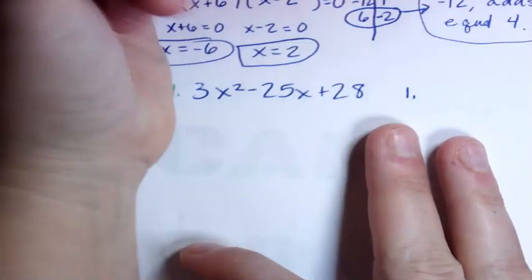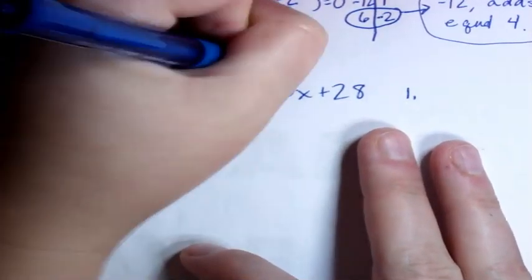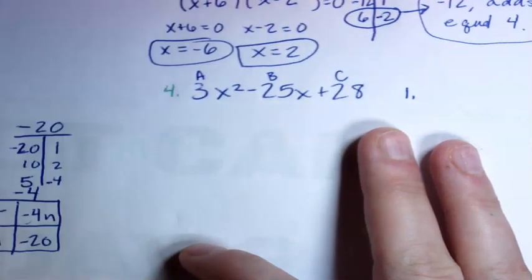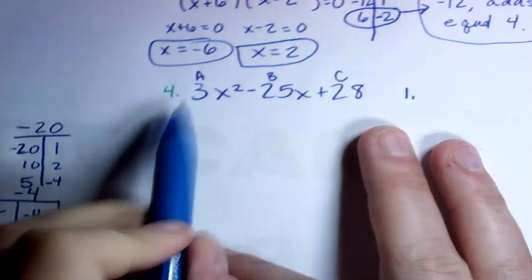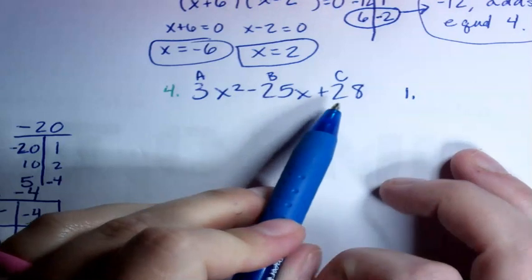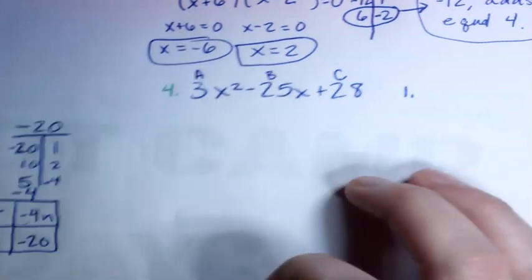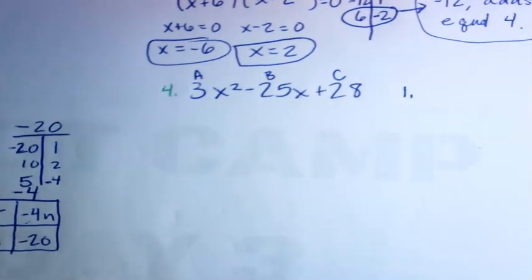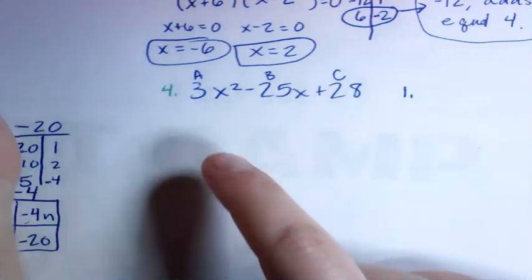So I'm going to write the steps down. This first step, we've got an A coefficient, a B coefficient, and a C coefficient. So we've got 3, negative 25, and positive 28. And it's important that you know what A, B, and C are because I'm going to refer to them as A, B, and C. You want to multiply